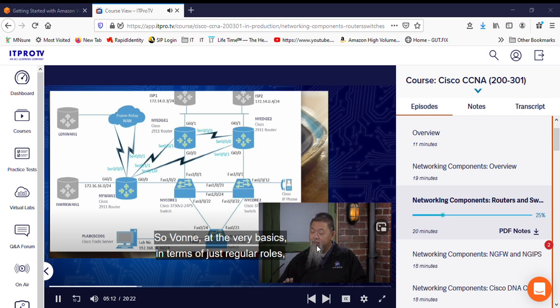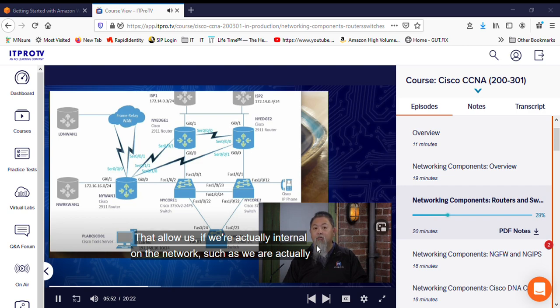So Vaughn, at the very basics in terms of just regular roles, it provides for us WAN connectivity. Now, Vaughn, what we want to talk about, at least briefly at this point, because we'll get into this much more in depth later on, is how in the world does it do that? Well, the term actually isn't found in the name itself, in which we talk about the idea of routing. So Vaughn, when we start talking in the realm of routing, routers, of course, can have routes on them that allow us,